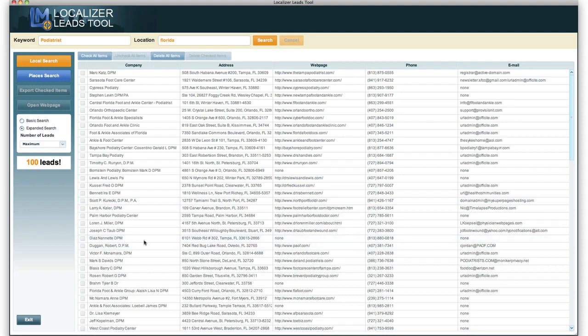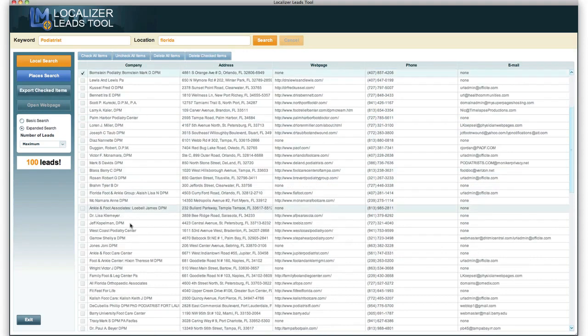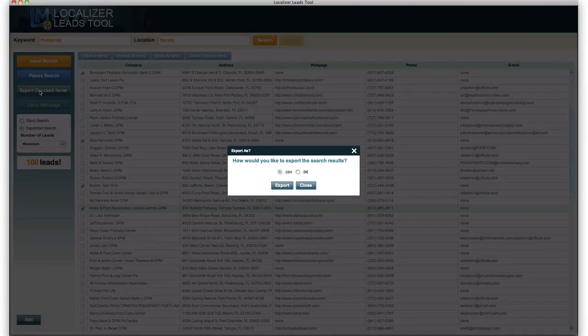We have where they're located, and we can go through and review each one of their sites. We can export that data by clicking on check all items, or if I want only the people that don't have a website, because maybe that's the offer that I want to potentially sell them, I can go through and click everybody that doesn't have a website, and I can work with that data to potentially follow up, show up in person, whatever you do as a local consultant to offer them those services. All you got to do is click on export checked items,